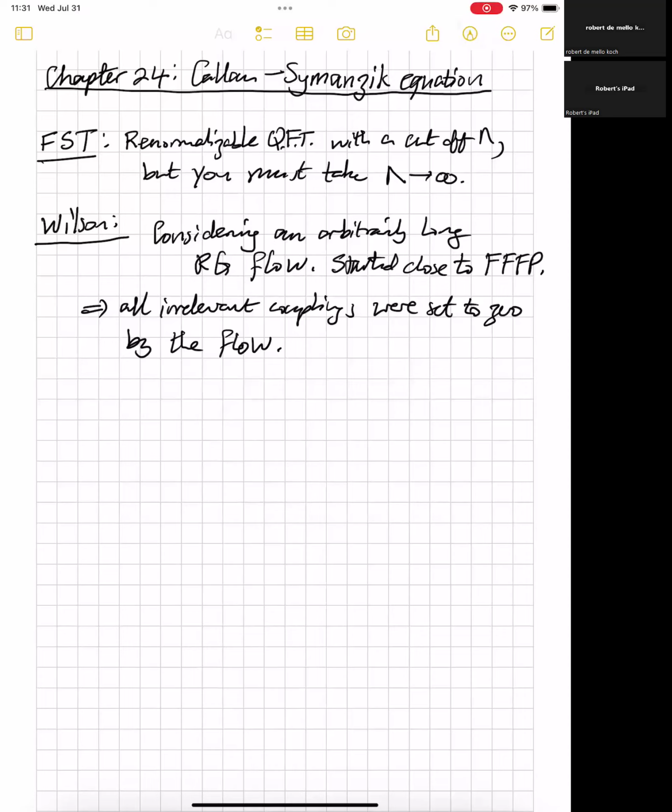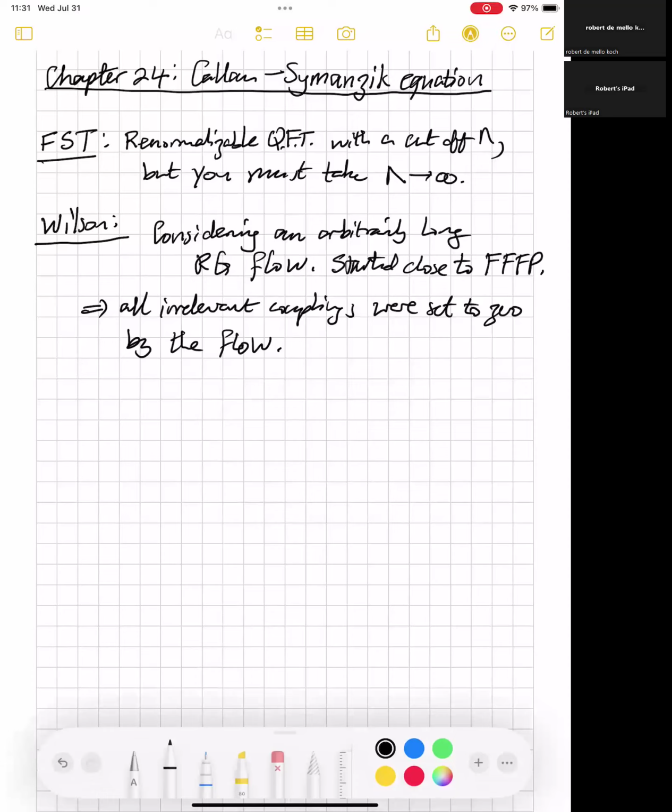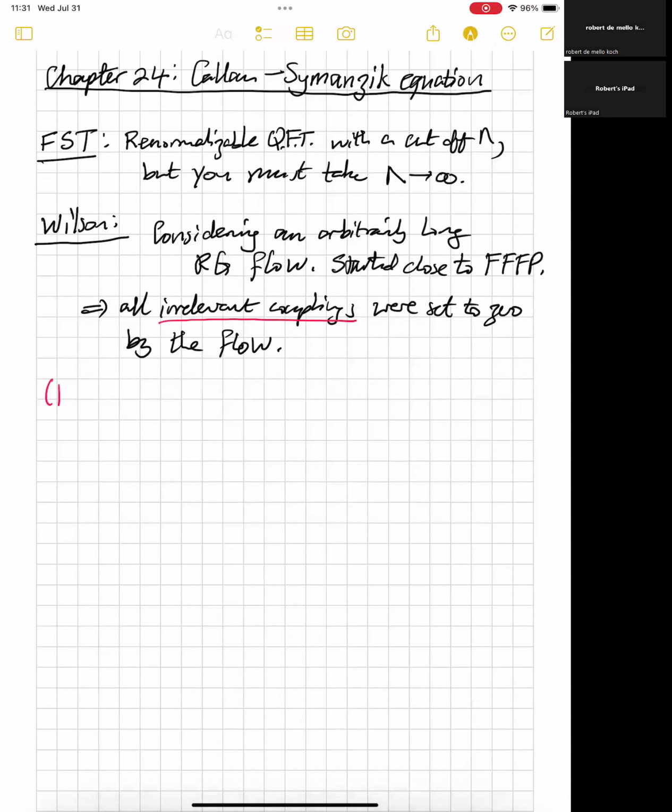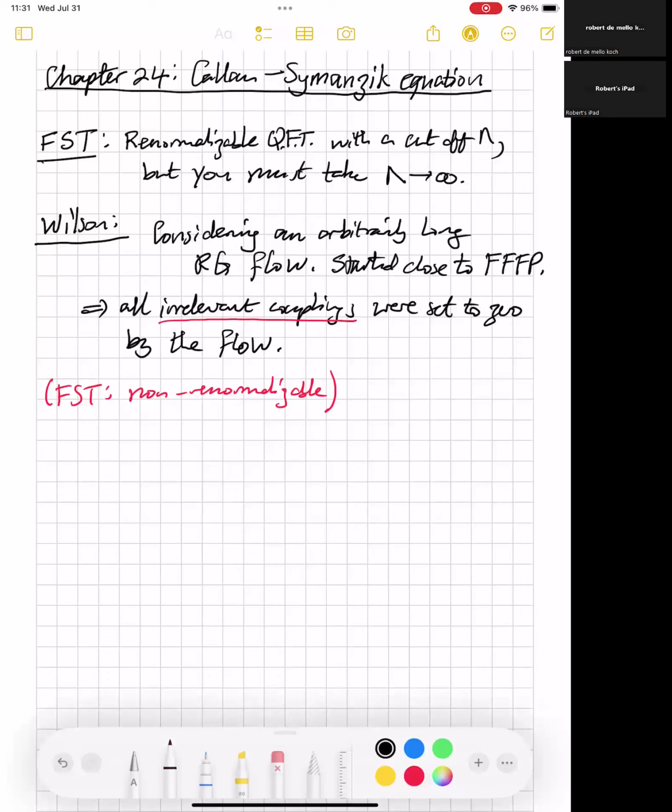Now, by the way, let's just mention one thing. Feynman, Schwinger, and Tomonaga certainly would not have understood irrelevant coupling. So that's not how they would have said it. They would have said non-renormalizable couplings. So they would have said there's no non-renormalizable terms. Of course, they wouldn't have explained it, but Wilson explains why there's no non-renormalizable terms. They've been set to 0 by this very long flow.